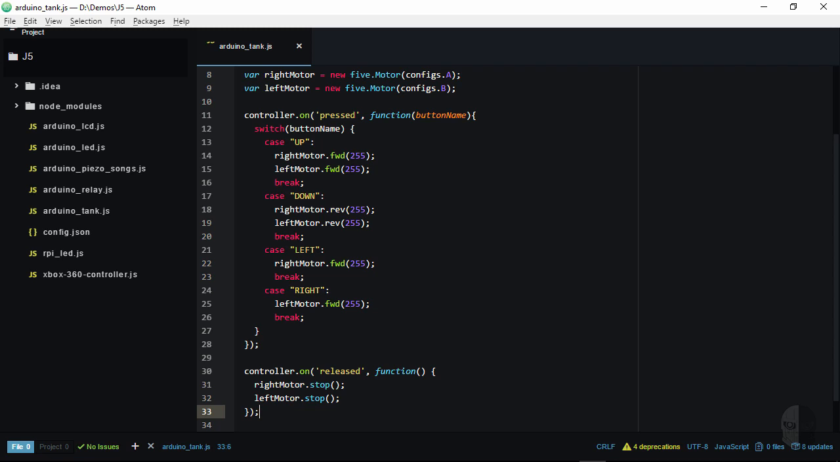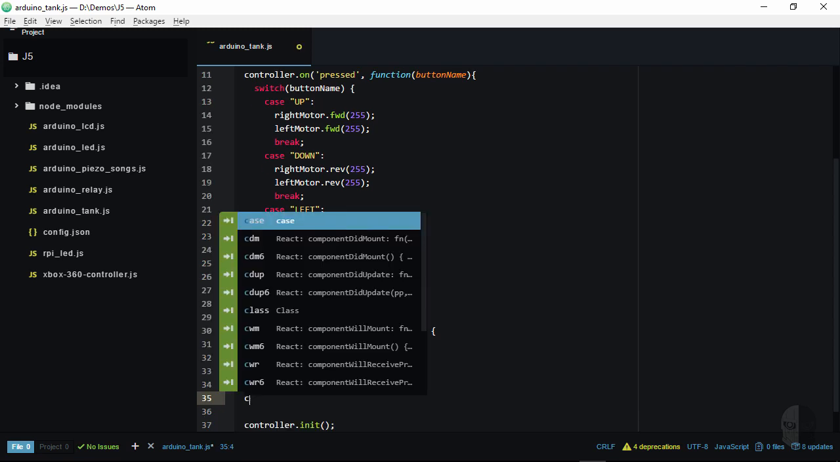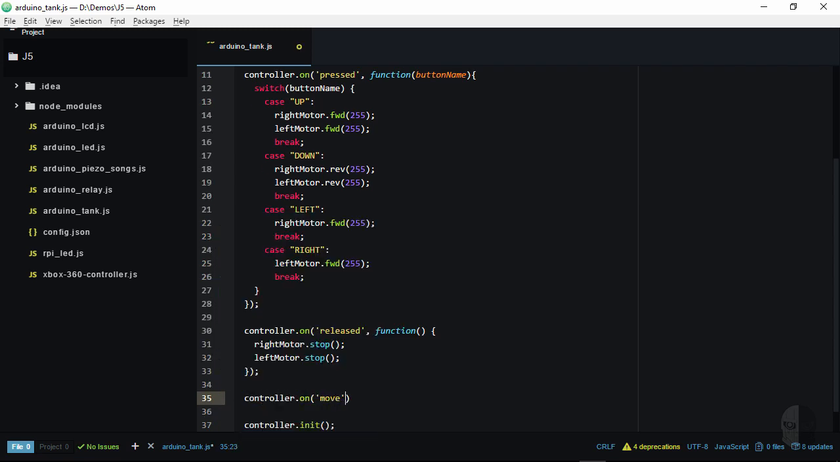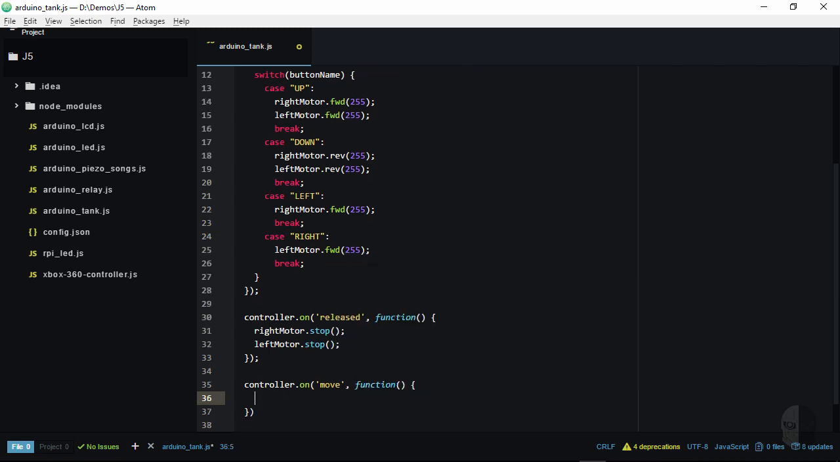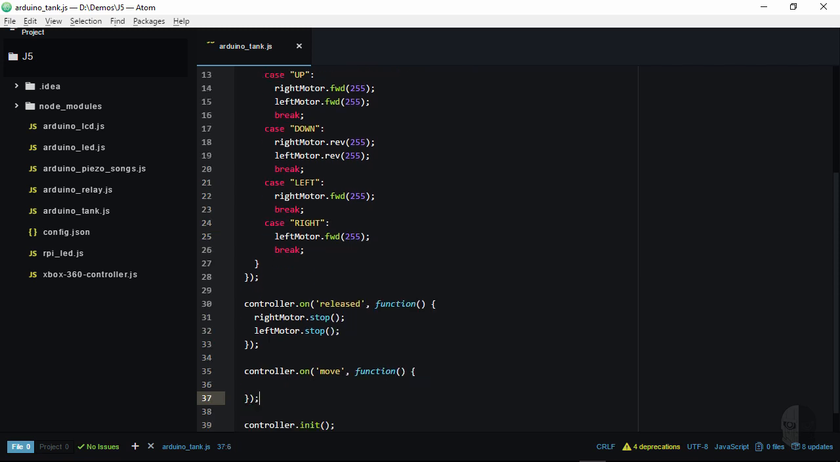Now the first step is to add a new event handler for the move event, so I will tack that on just below the released event handler I added in the previous lesson. Since this event passes along the axis name and its current position, I need to add 2 parameters to my